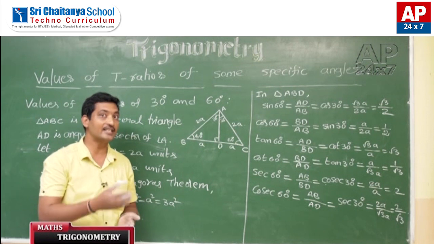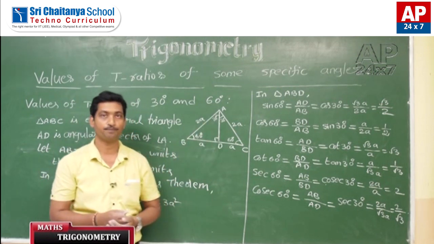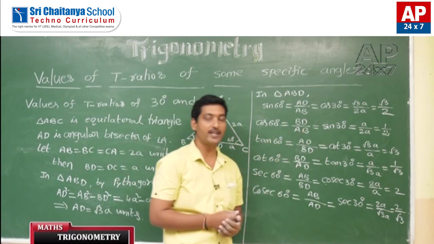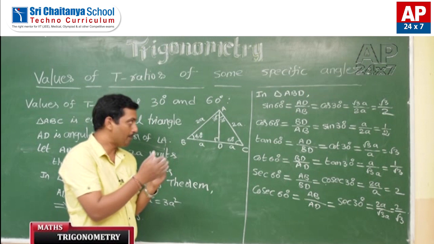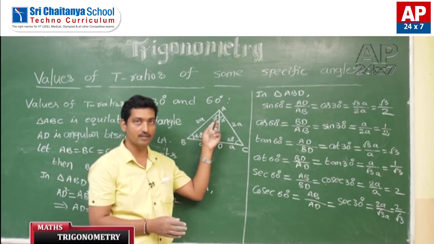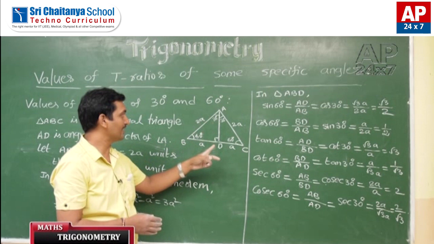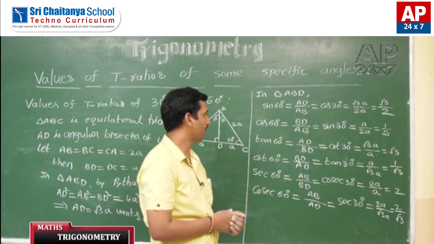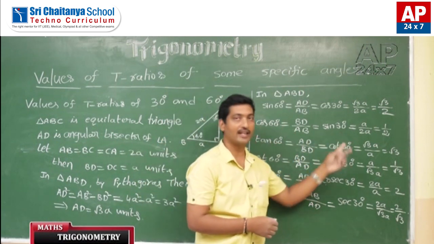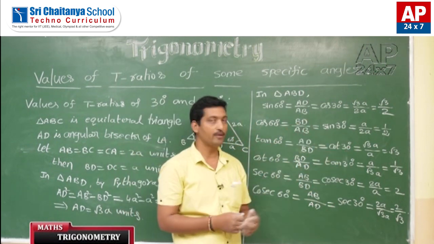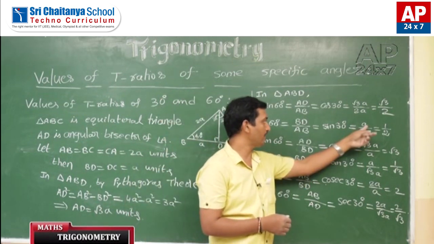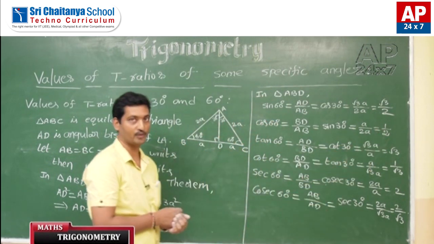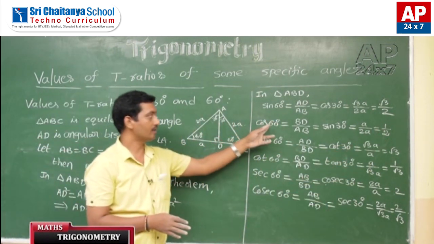Now come to cos 60 degrees. How is cos 60 degrees defined in triangle ABD? In triangle ABD, cos 60 degrees is equal to BD by AB. And this BD by AB is equal to sin 30 degrees, because with respect to 30 degrees, BD is the opposite side and AB is the hypotenuse only. Therefore, cos 60 degrees is equal to sin 30 degrees is equal to BD by AB, which is equal to, BD value is A, AB value is 2A. That's why 1 by 2 is the answer. 1 by 2 is the value of cos 60 degrees.